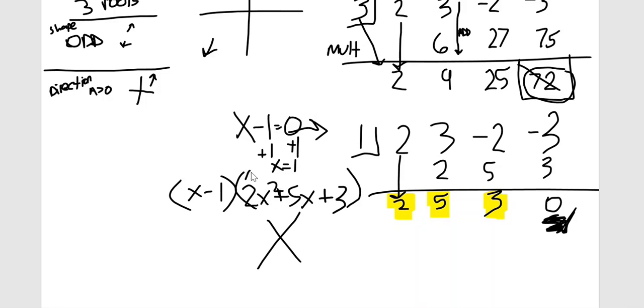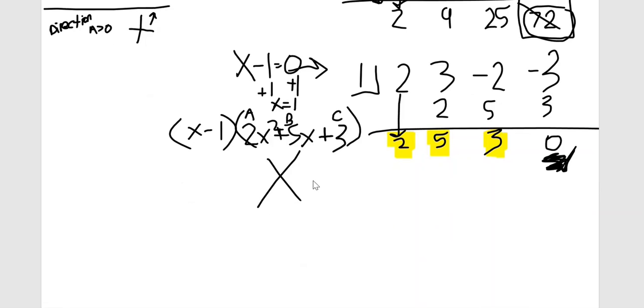My B value is 5. My C value is 3. My A value is 2, so A times C is 6. So that's my product. What two numbers multiply to give a product of 6